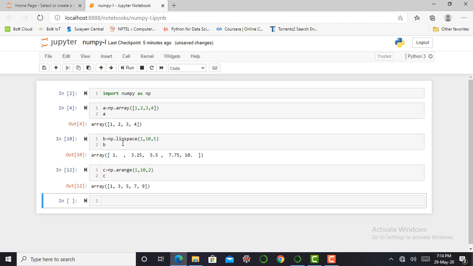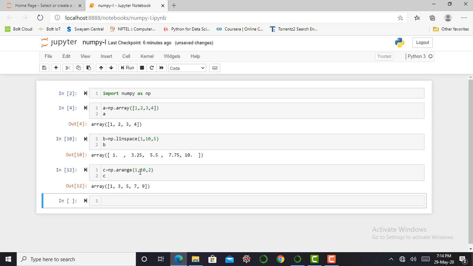Here you can visualize the difference between linspace and arange. Linspace divides the difference between two numbers by 5 and gives 5 equally distributed numbers, and arange increments the number by 2.